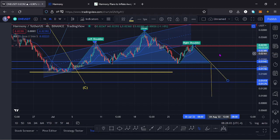And it's good that we know that this is a possible scenario because of the issues that Harmony One is facing at the moment, but I hope they make a good decision which won't inflate the price of Harmony One, because minting more tokens means here on the charts we are just about to unlock even lower prices, or maybe we can lose Harmony One like we just did on the lunar chart. So I hope this pattern doesn't play out, and that brings me to the other scenario